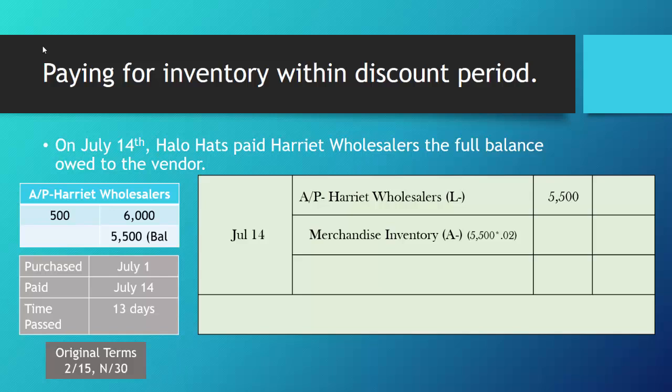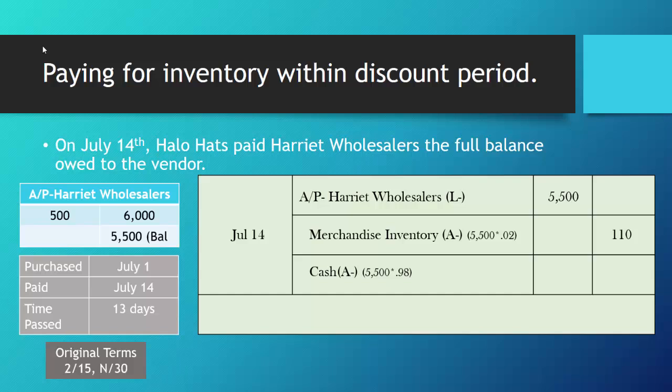Why? Because merchandise inventory, like I said before, is always carried at the cost you paid to acquire it. Well, we're getting a discount, which means the amount that we put it on the books for originally is more than we actually ended up paying. So we need to reduce the value of our merchandise inventory asset account by crediting it for the amount of the discount, which we find by taking the amount that we had on the books, the $5,500, and multiplying it by the discount percentage of 2%. We're getting $110 off,